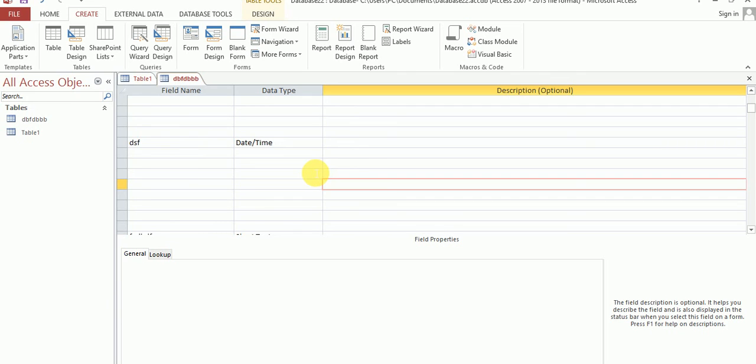Okay, next, change data type. Already discussed data types: text, memo, number, date and time, currency, auto number, yes or no, OLE object, hyperlink, lookup wizard, attachment, and calculated. So how can you use a data type in your table? Both tables, because the design view table is already inserted in my MS Access, and the datasheet view table.